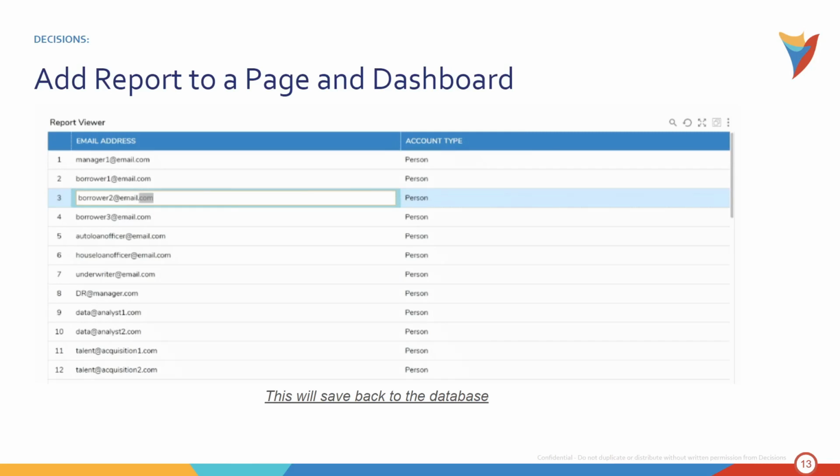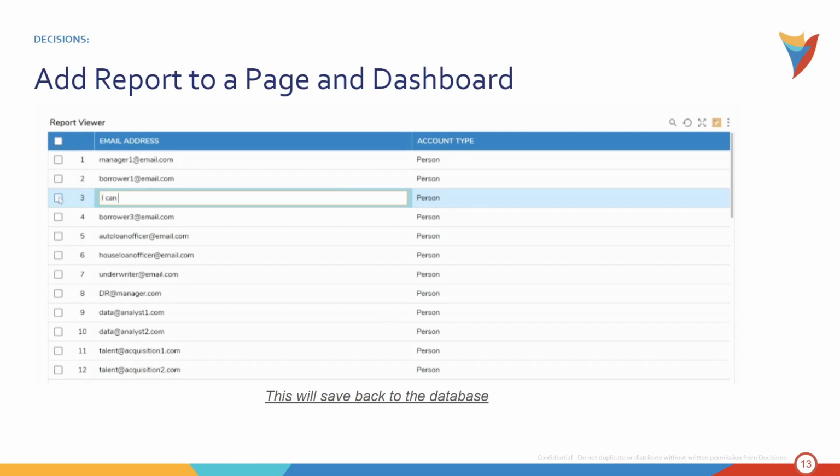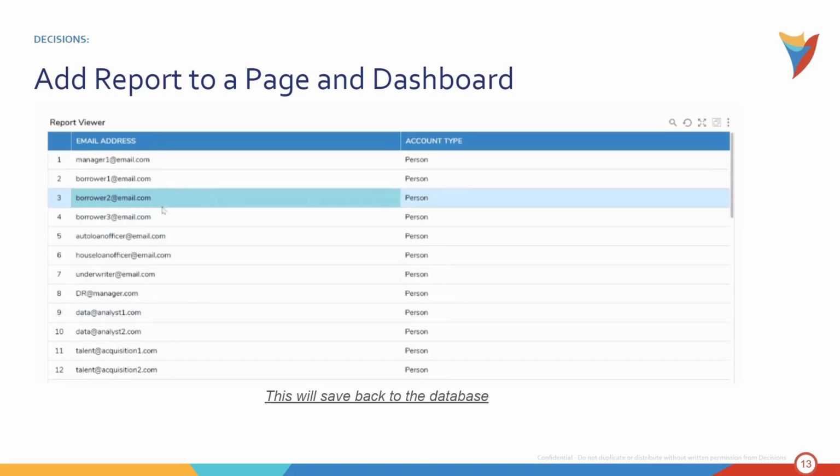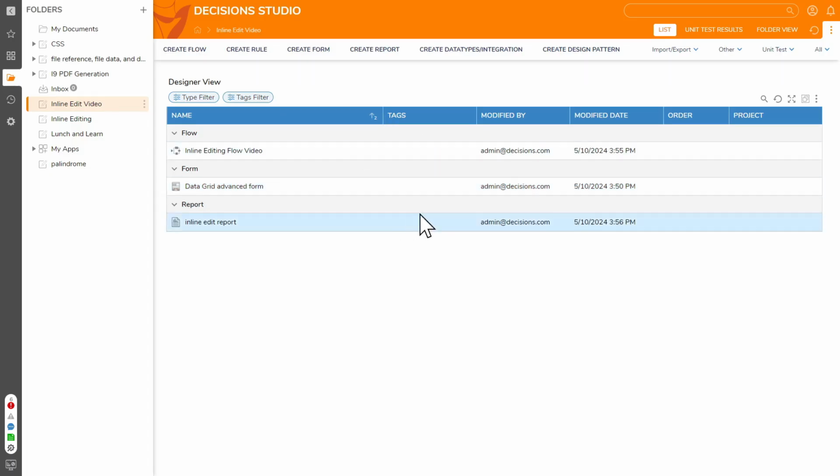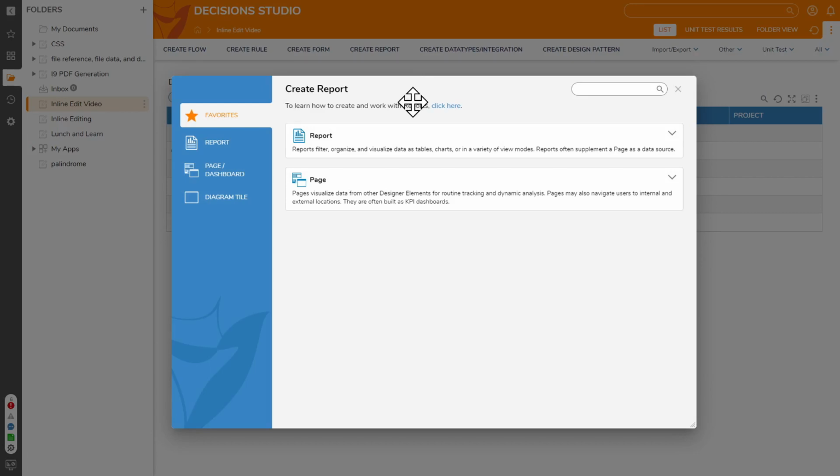You can then add that information to a page or dashboard, and this will save back to the database, and I'll show you that here in a second. So let's go ahead and take a look at the inline editing on a report in Decisions. All right, so let's take a look at what inline editing looks like in a report. We're going to follow a similar methodology that we used on the inline editing for in Data Grid Advanced, but